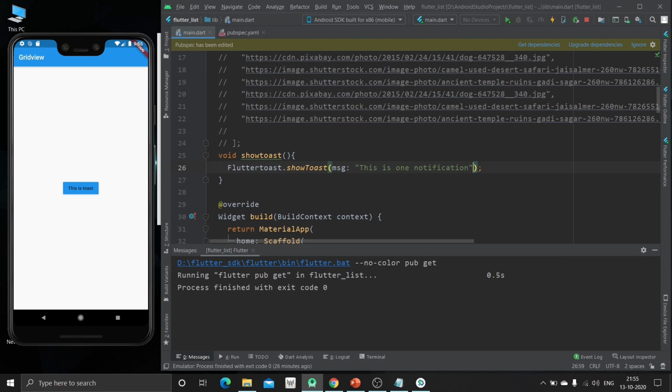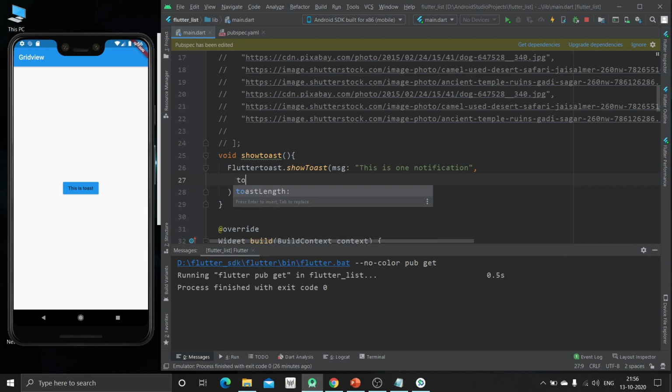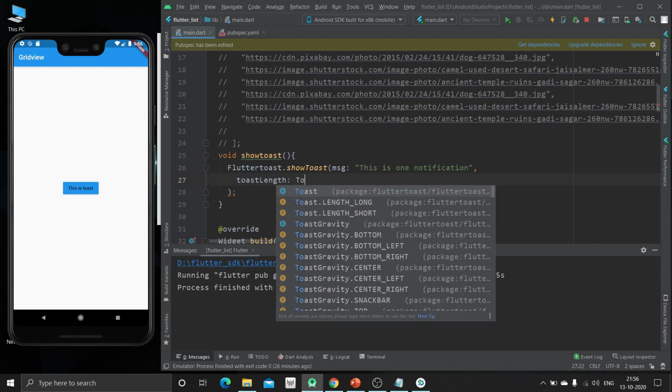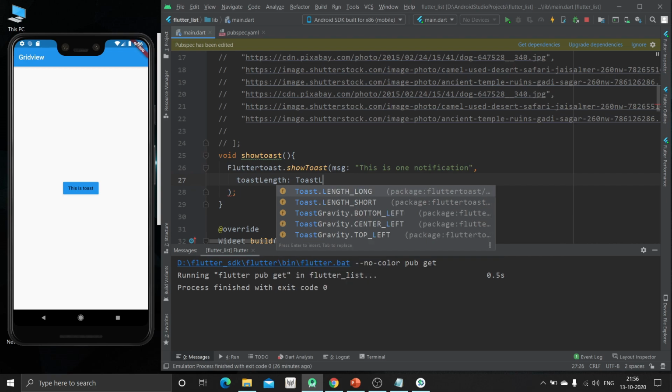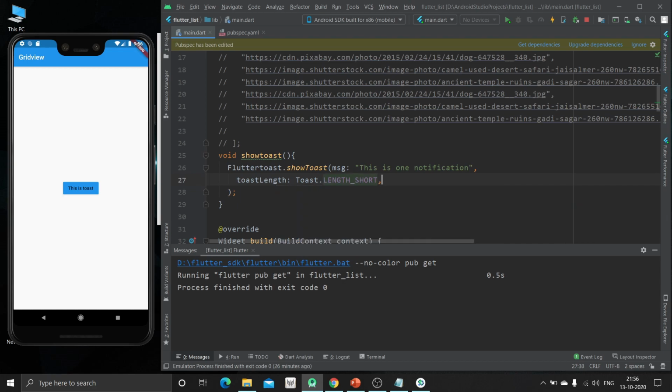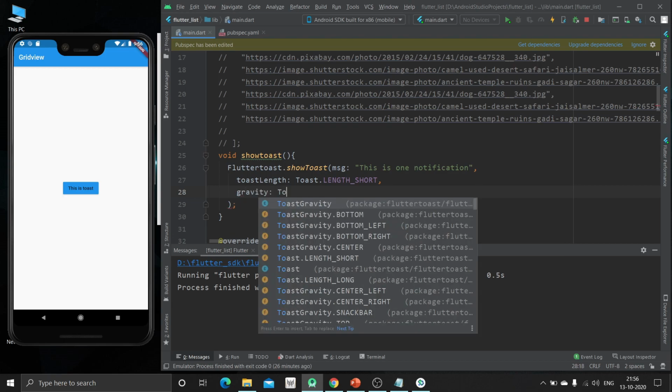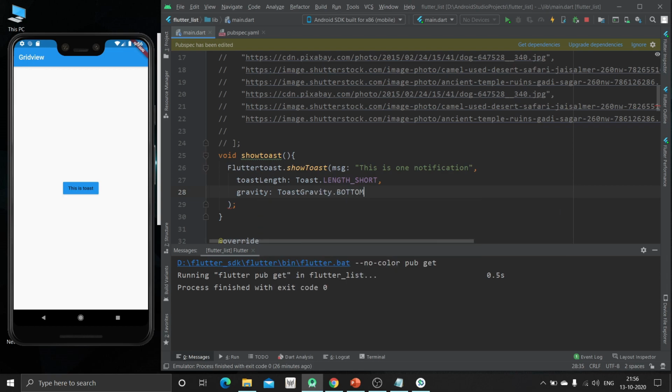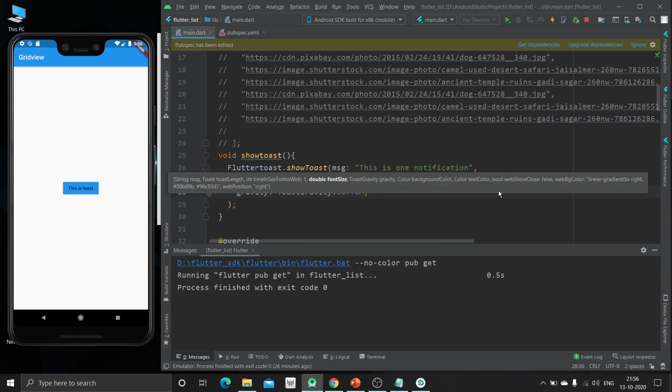Now we can use other properties of this, like toast length. That can be toast length, so it should be short. Now we are going to provide the gravity. So toast gravity should be at the bottom. Now just hit Control and S.